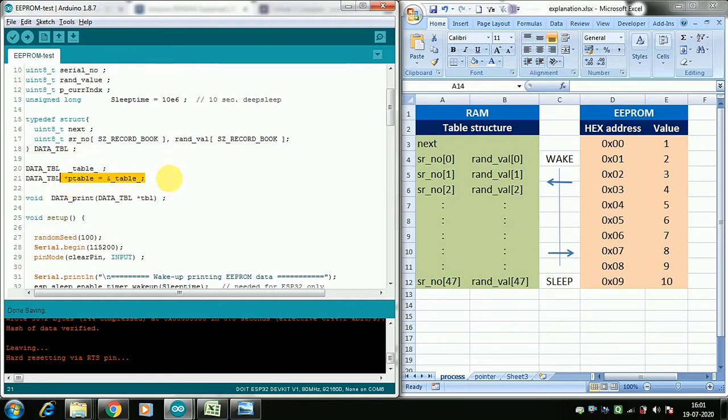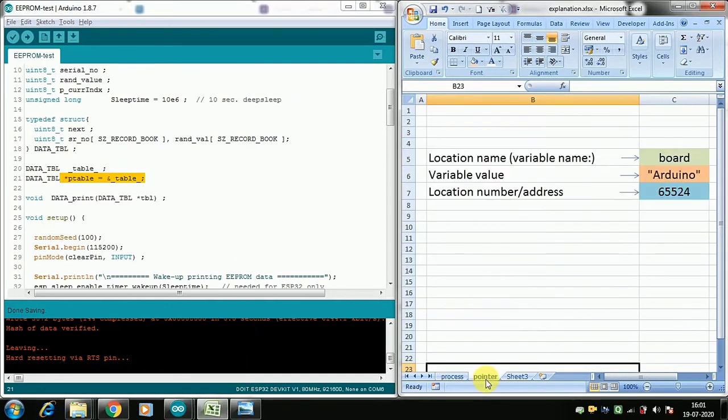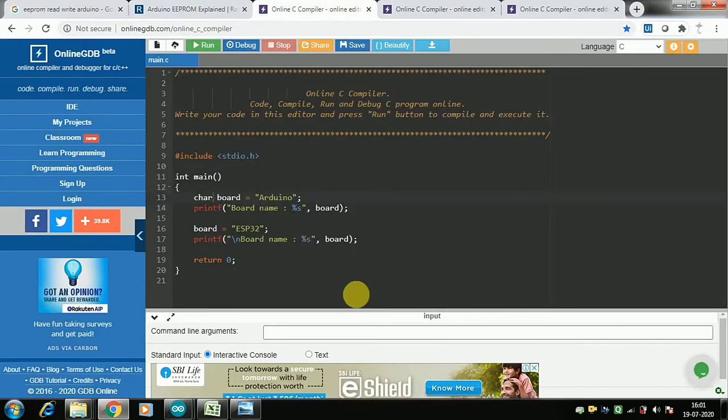So why this pointer to the table is required, that I want to describe to you. A pointer is basically an address to a variable name. When we define something like board is equal to Arduino, say I need to show you this. Here you can see I have defined board is equal to Arduino.